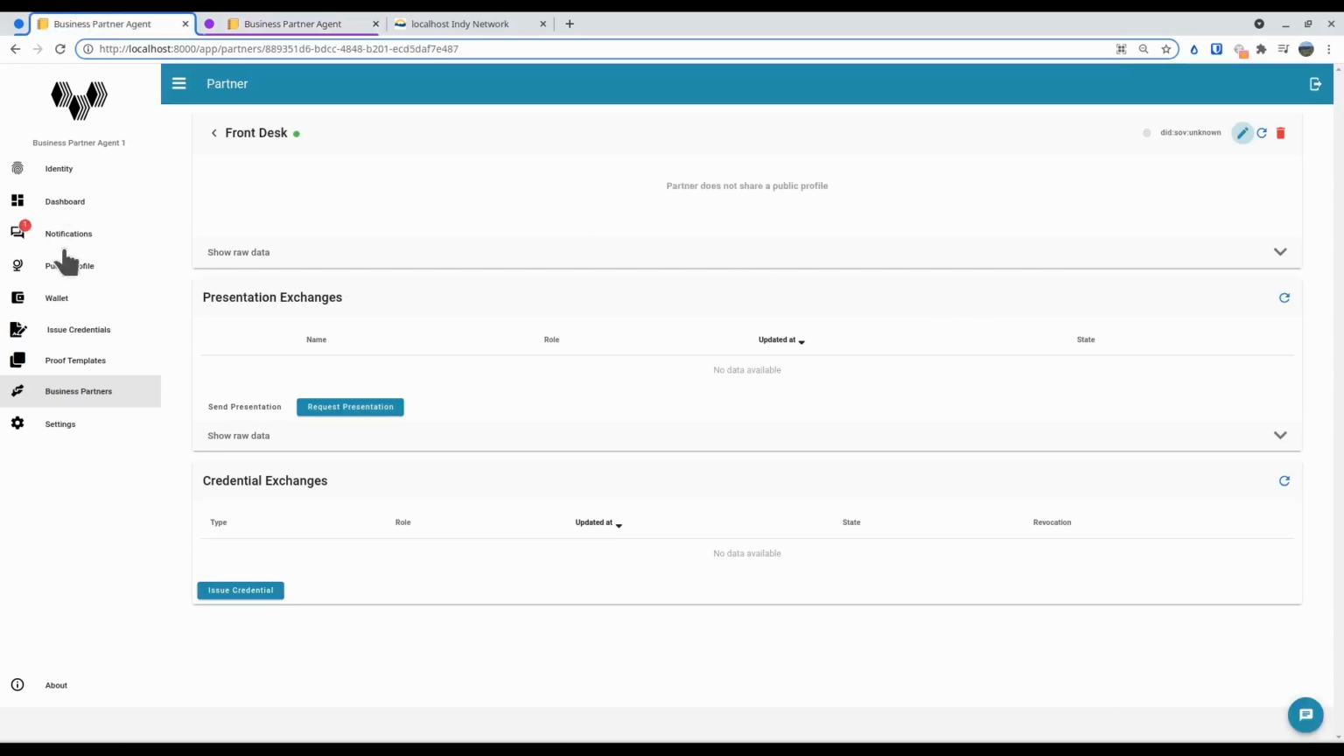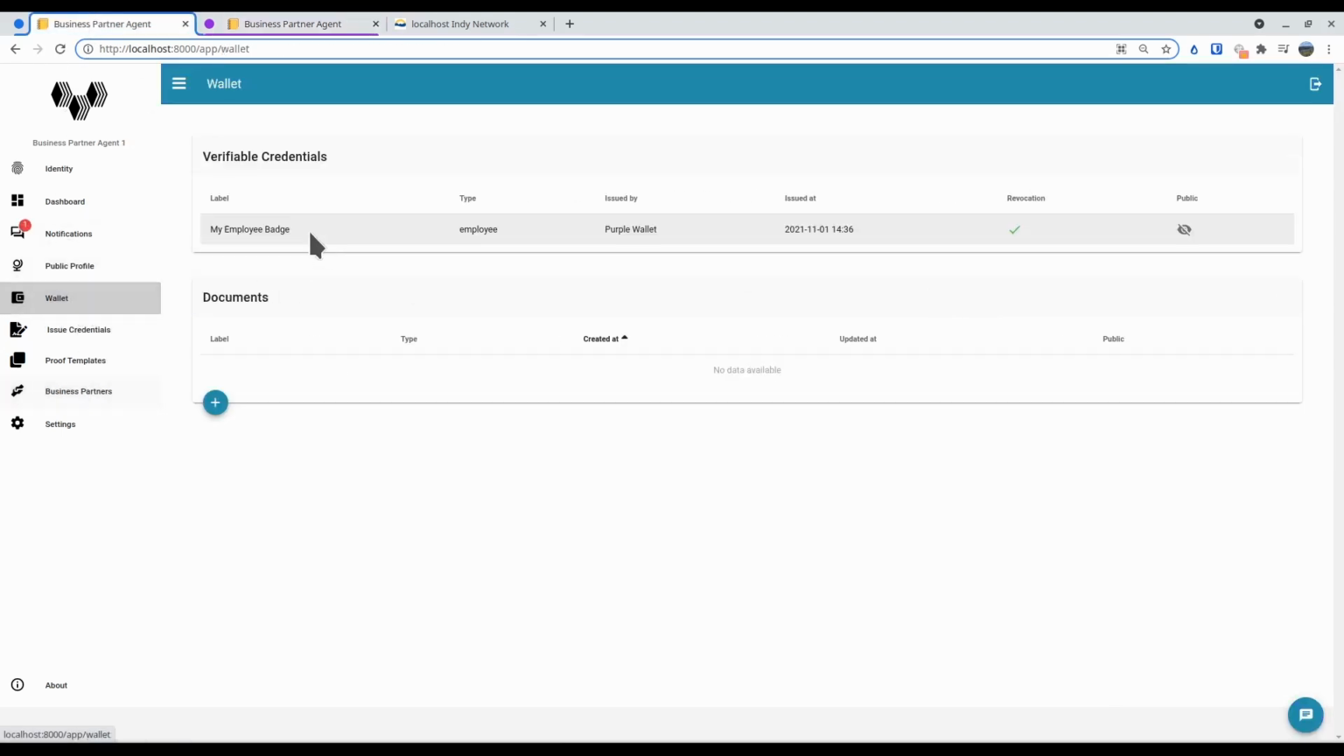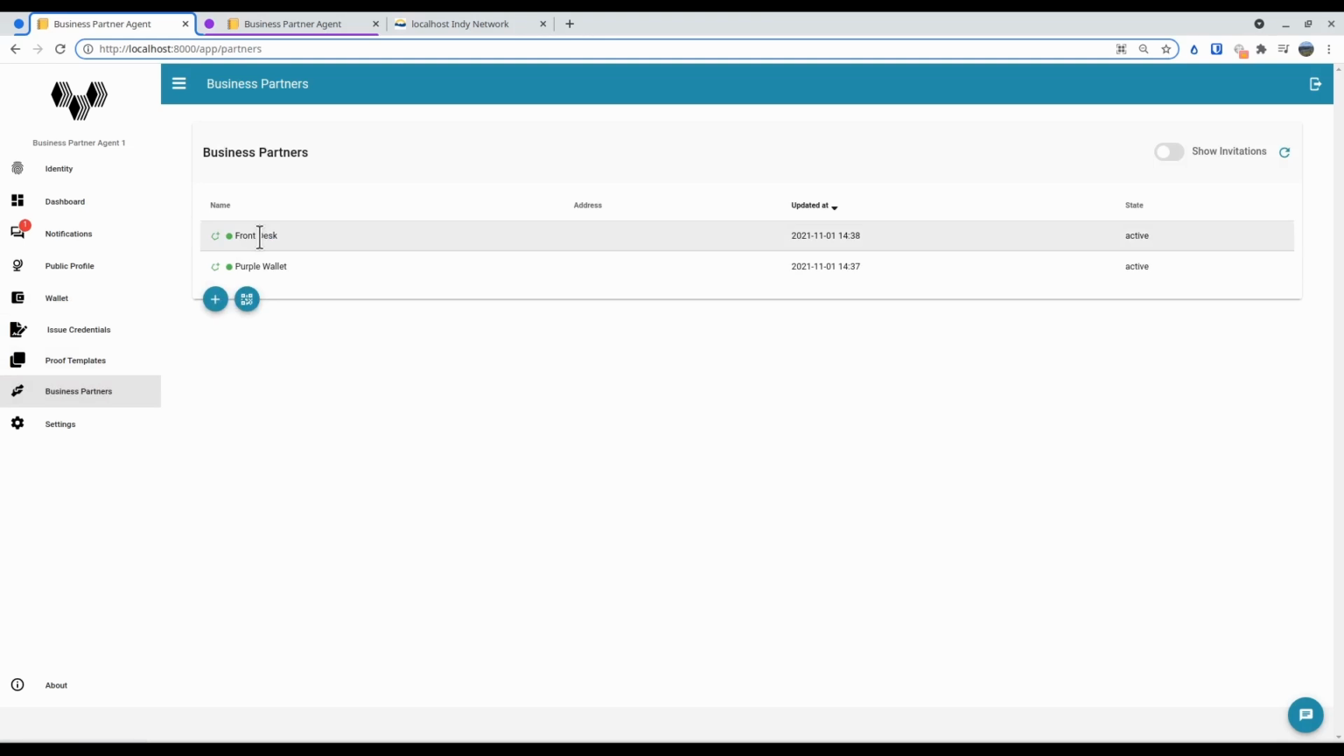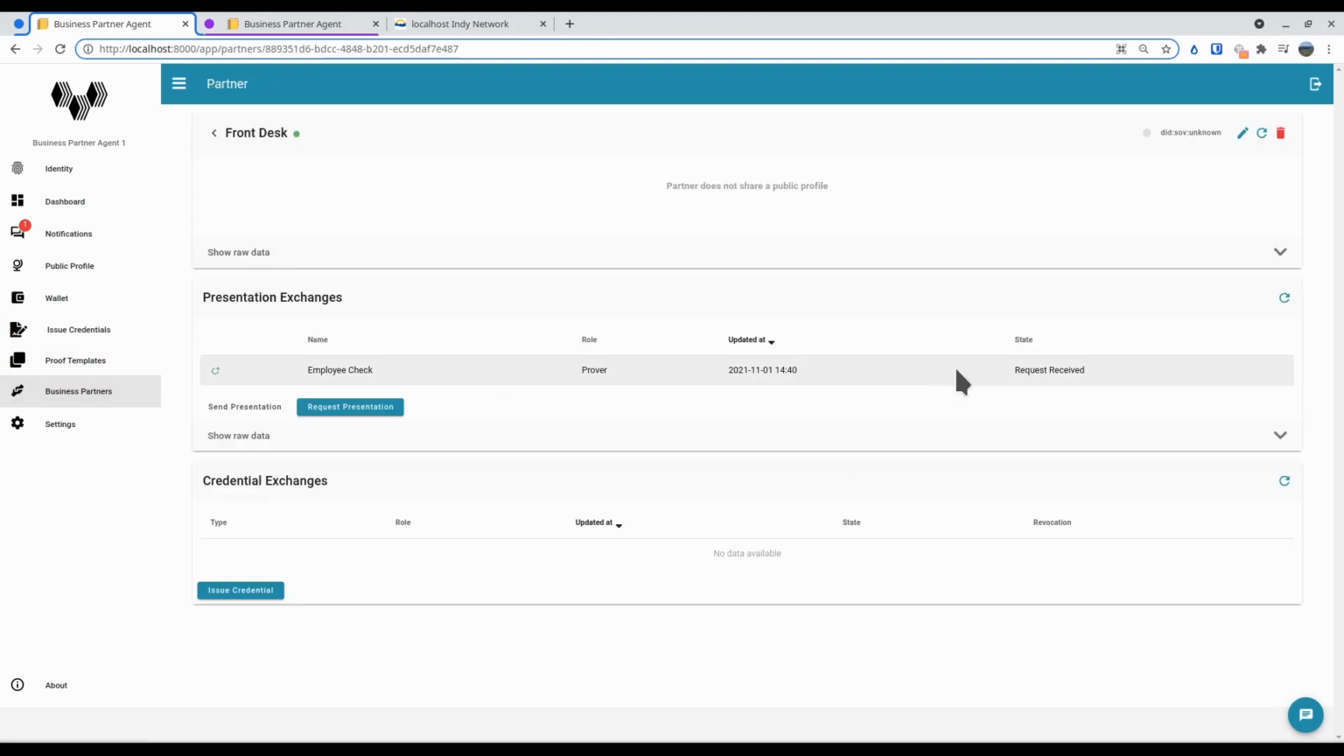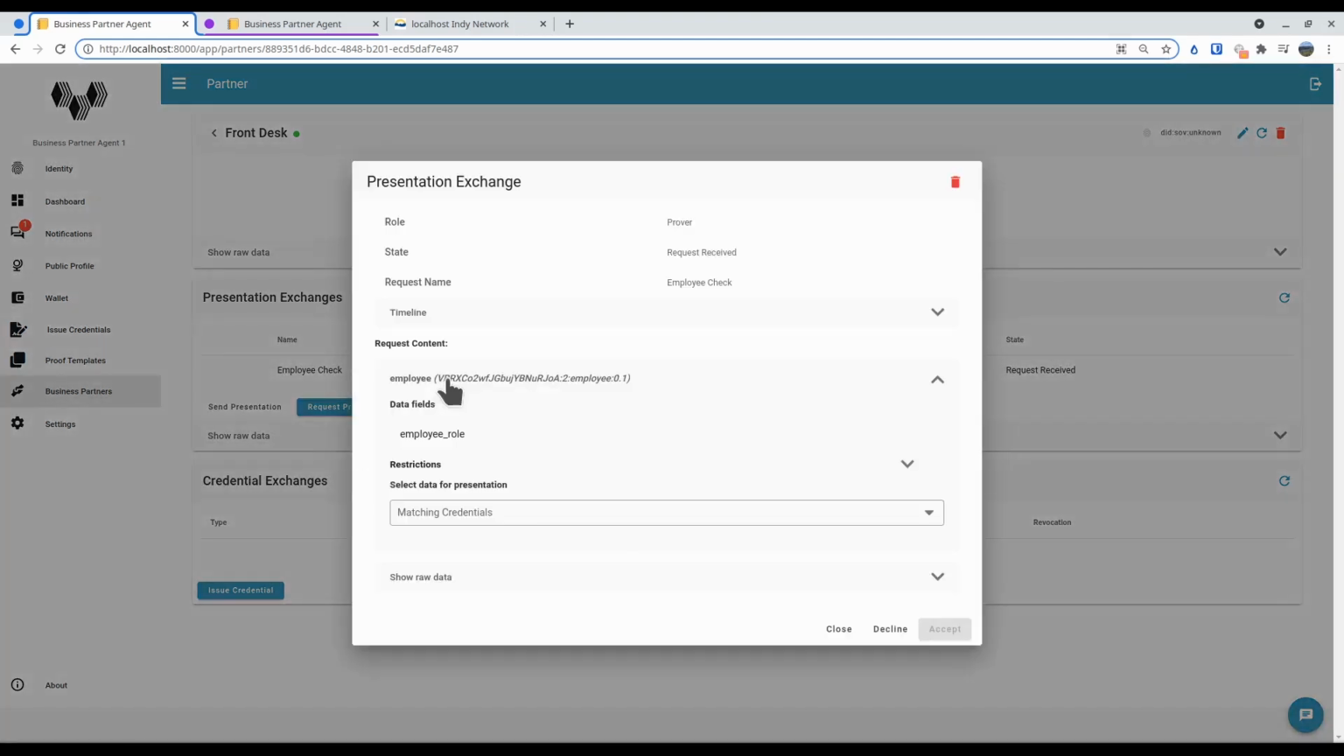And here we're going to go to the holder. So in this wallet, we have an employee badge that was issued by the purple wallet, but we also have a connection to the front desk. The front desk has sent this request. I am the prover of this exchange, and data has been requested of me. So I'm going to inspect this presentation exchange, and see that some data has been requested around this employee schema, which I happen to have a credential that matches that schema. They're only requesting the employee role,